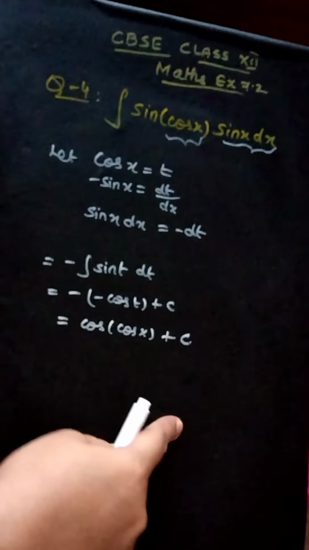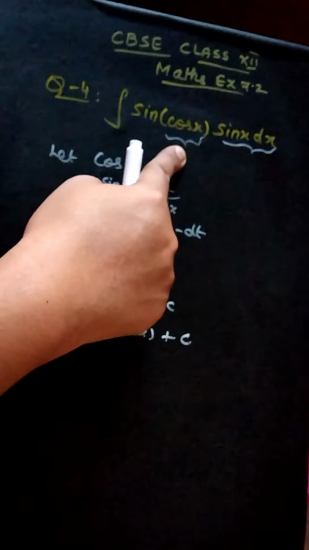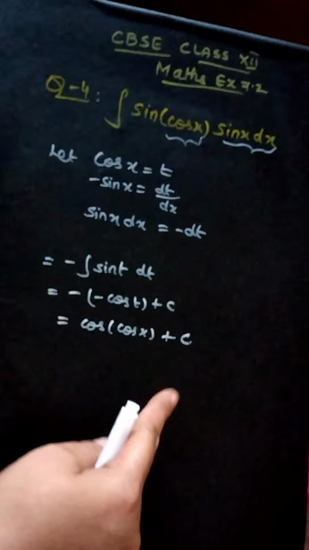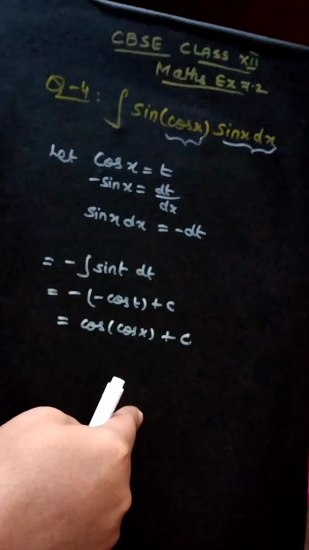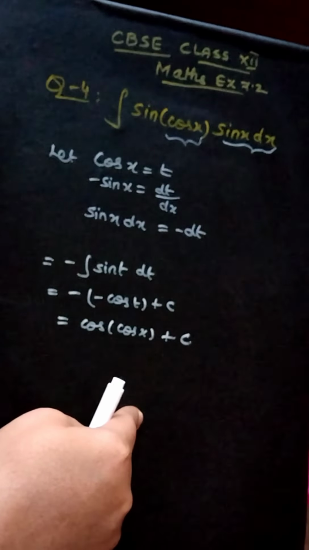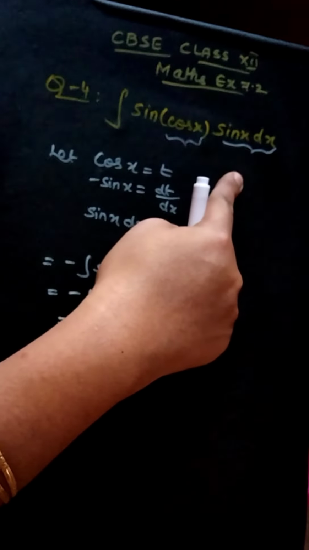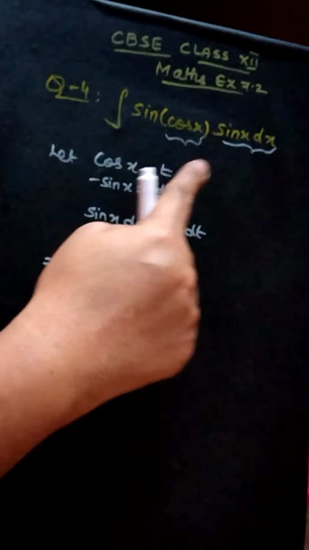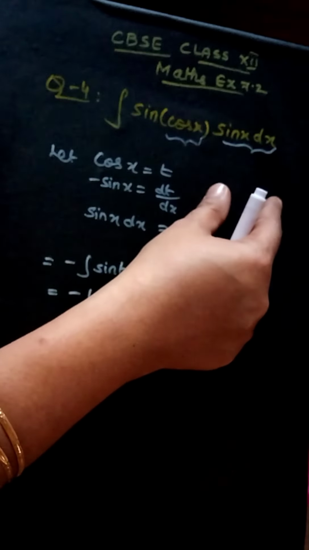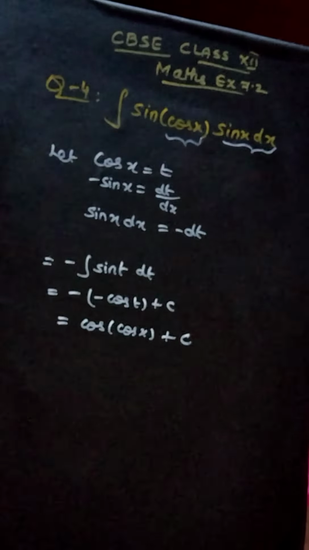So if you get these kinds of questions, try to simplify. If the arguments are the same, then we have to use the trigonometric formulas to simplify. Then we have to use the substitution method or the direct way to integrate. Or if we have different arguments and different functions, try to take the argument as t and check whether the derivative you can substitute as dt. Then you can integrate as usual.